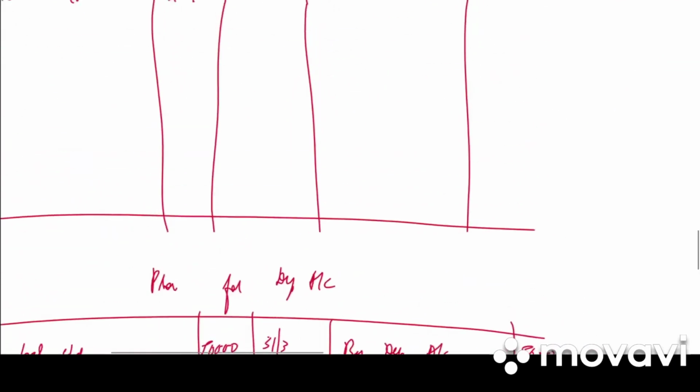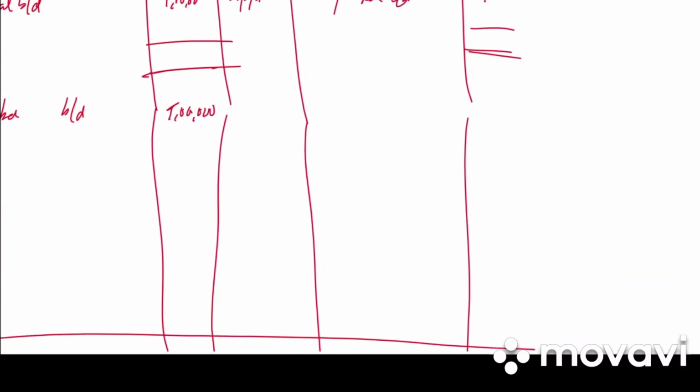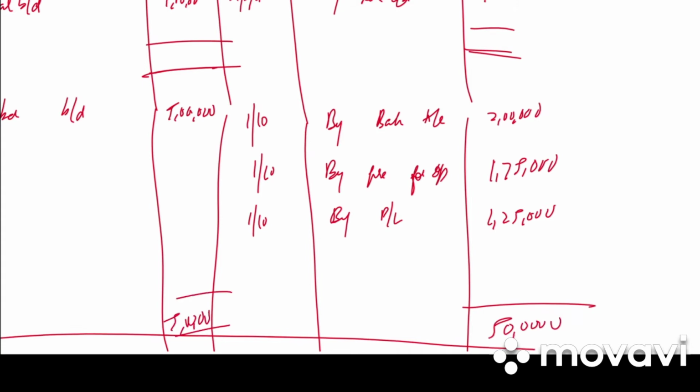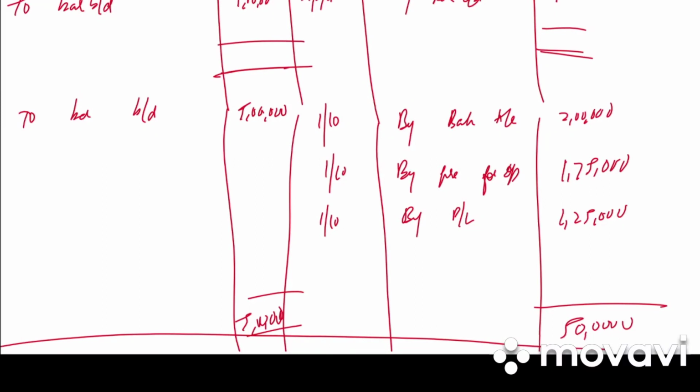This balance of the 4th year will be transferred to plant account. 1,75,000. Clear? Now again go to your plant account. On 1st October we sold the plant. So by bank account we sold for 2 lakh. Then 1st October balancing figure by provision for depreciation account. How much? 1,75,000. Then we need to have the profit or loss. It will remain the same by statement of profit and loss, 25,000. So what is the total? 5 lakh total, 5 lakh total. Clear? This is how you work out when there is provision for depreciation account.